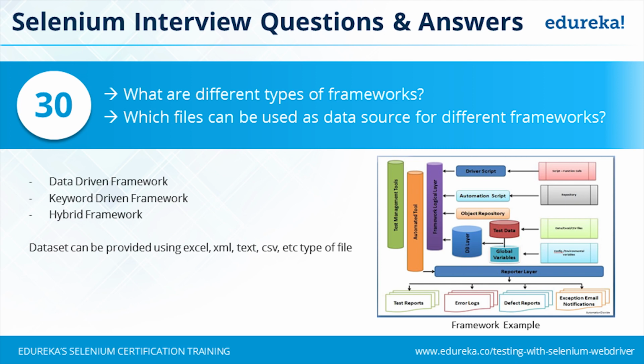That is, the first layer, the external layer which is accessible to each and every member of your team, will be the test management tool. So in the test management tool, you can define what test cases need to be executed. You can collect the pass and fail status of the test cases and so on. Then comes your automation tool. There are so many automation tools available in the market. That is, you have Selenium, you have QTP, you have IBM RFT, that stands for IBM Rational Functional Tester, you have Silk Test, and many more. So you can choose an automation tool that caters to your requirements.